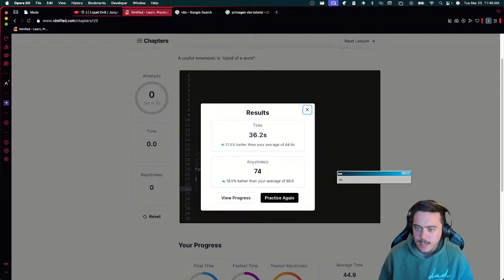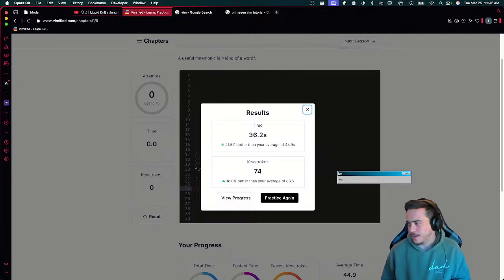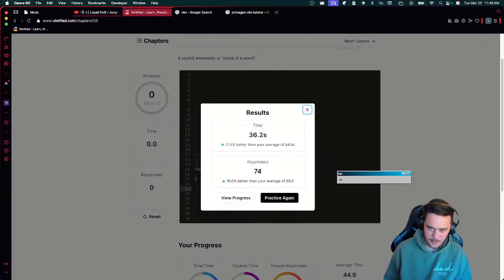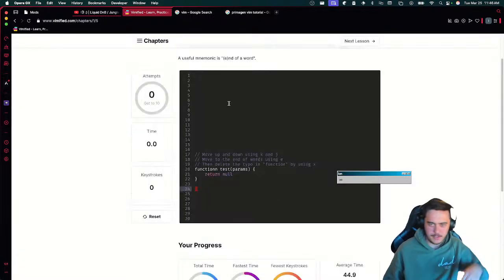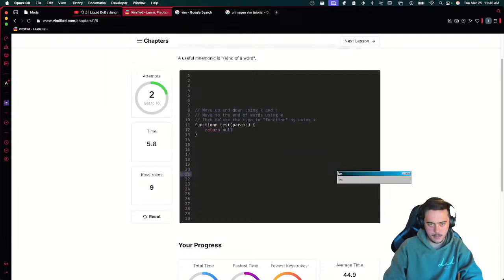So we are still getting better, but it doesn't matter, honestly. As long as I'm doing less keystrokes, I would say that's more efficient than time. I mean, time is measured, and keystrokes obviously here are measured as well. But let's do one more time. Let's do 19 down, EX, down, EEX. Let's do 10 up, bam, EX, 10 down, EEX, bam, bam, EX. Let's do 9 up, bam, bam. Good. Shit.